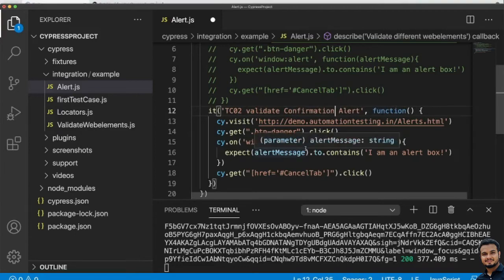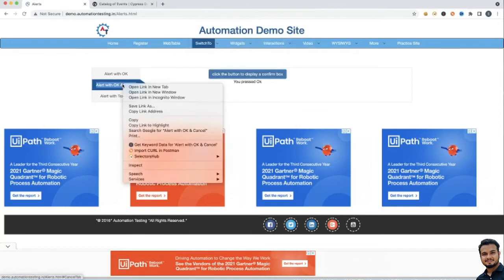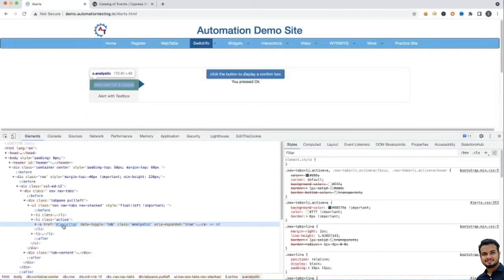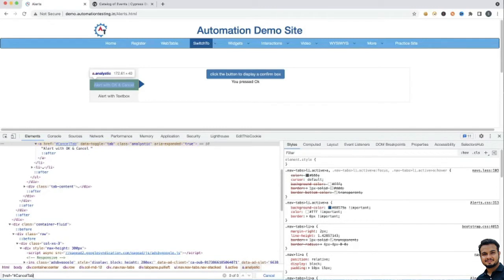The very first thing I will do is click here, right? So inspect, and here is the cancel tab. Let me copy, and here I'll put it. Yes, this is working fine, so we are able to locate.